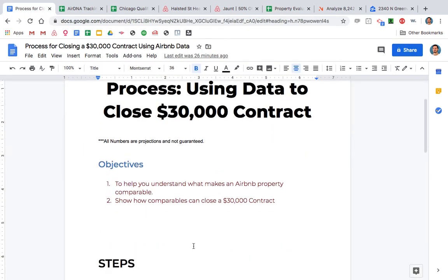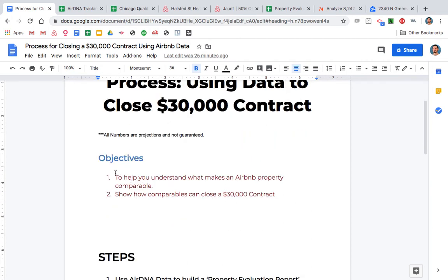For this video, my objective is to help you understand what makes an Airbnb property comparable. What makes one better than the other? Why are they comparable? This is mainly what I'm going to be talking about. And then the last part is how you can close a $30,000 contract, right? When you understand the comparables, when you can put together, when you have the data, when you have the property